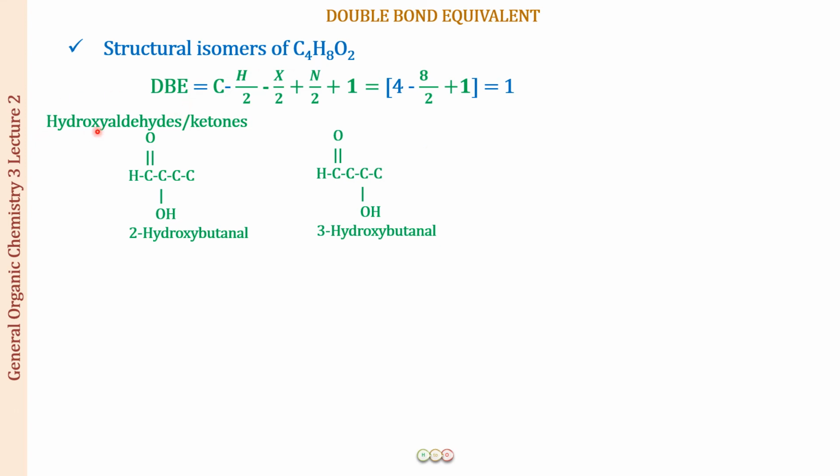Now this is a hydroxyaldehyde or ketone. Now instead of an aldehyde we can draw a ketone. We just have to put the carbonyl group at position number 2, right? So when we do that, it is going to be butan-2-one. It is going to be position number 2 from either end because these are 4 carbons, right? And then you can vary the position of the OH group again. So this is 1-hydroxybutan-2-one that I have drawn. Another structure that I have drawn is a 3-hydroxybutan-2-one, or 3-hydroxy-2-butanone, one and the same thing. Alright, so these are a few of the examples for hydroxyaldehydes or ketones.